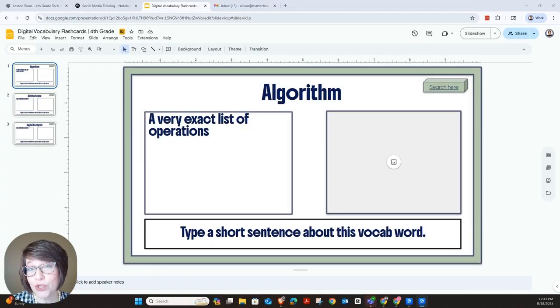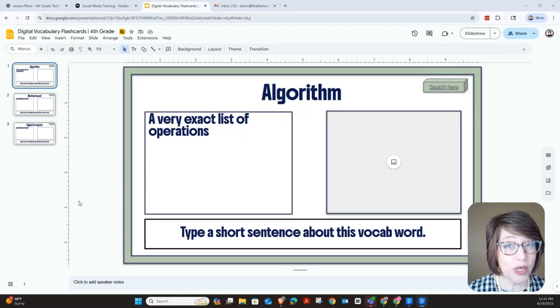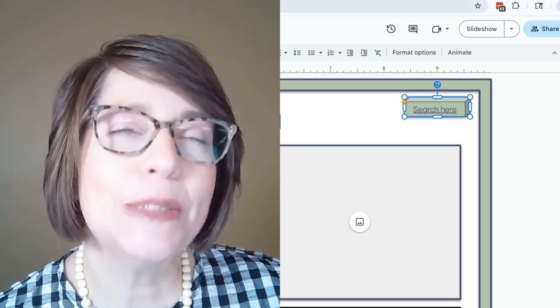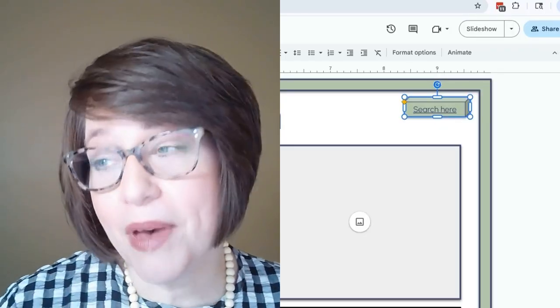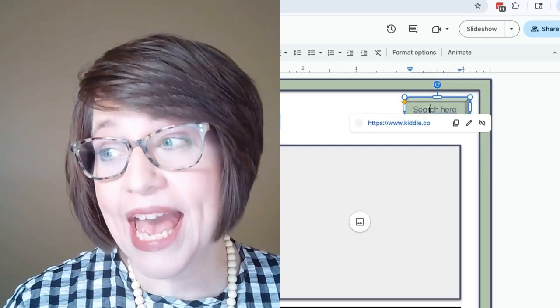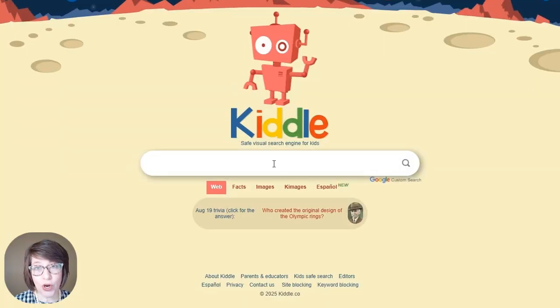So the first thing we'll do is open up the Google slide presentation that I'm giving you on Google Classroom. Each Google slide already has one word at the top. This first word is algorithm. Now we're using a special kid-friendly search engine called Kiddle. You can click the big button that says search here, and then click on the website. And then now in the search bar, you're going to type in our word algorithm, the first word,